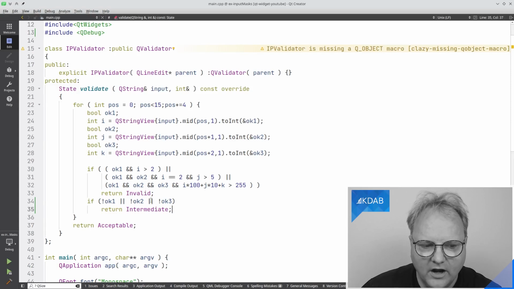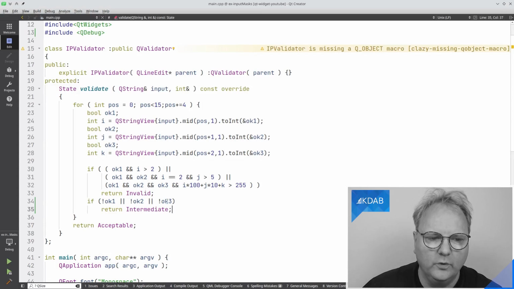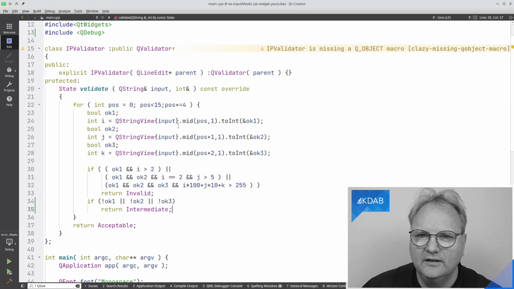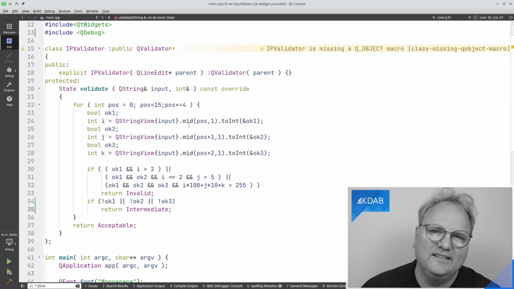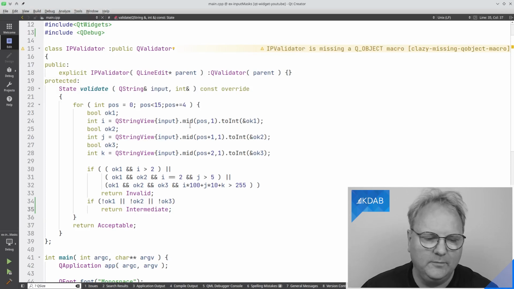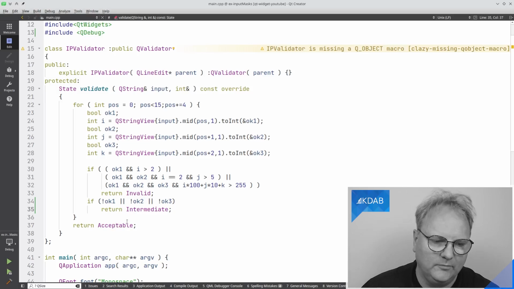If any of the 3 were not okay, meaning I tried to convert the digit at position 1, 2, or 3, but it didn't convert to a number, then that tells me that I am not done typing in, and I'll return intermediate. And finally, otherwise, I'll return acceptable.